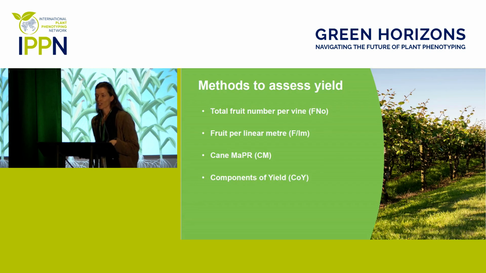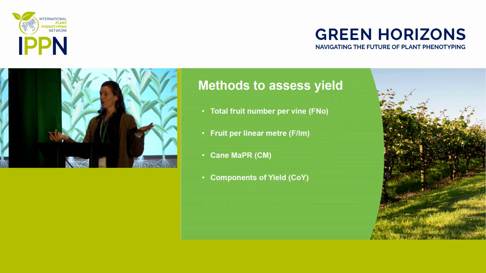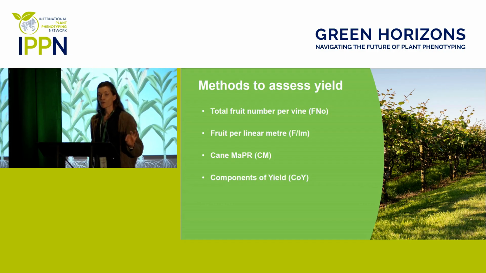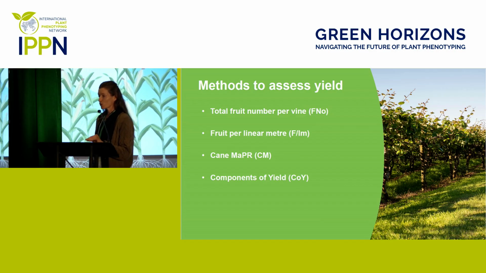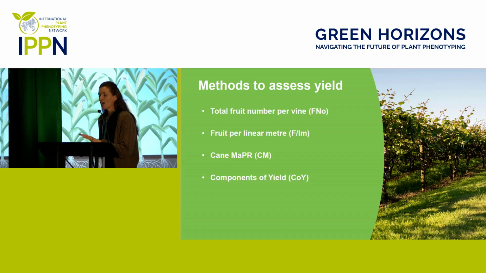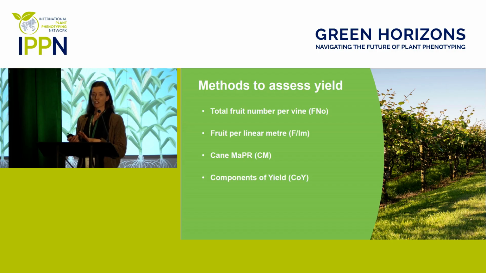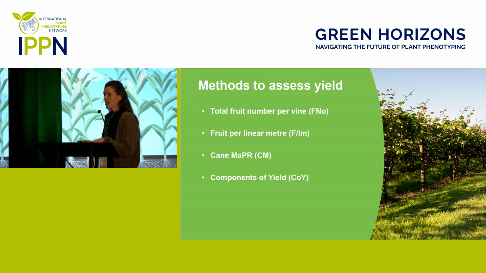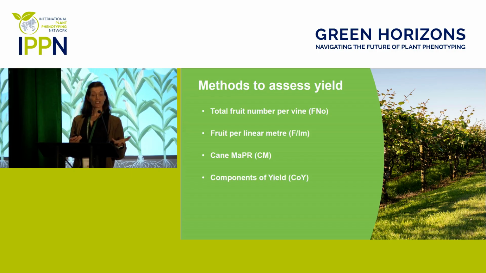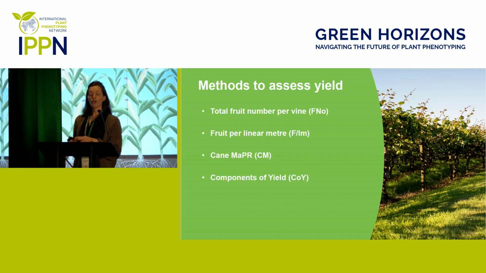The four different methods we're going to talk about start with the total number per vine, which is just the fruit count per vine irrespective of its size. Then the second one calculates fruit per linear meter by measuring only the canes that have fruit on them. The third method is a system we call cane mapper, which gives us an allocation of where the shoots are located, whether they're floral or vegetative, and how many inflorescence groups per shoot. And the last one is the components of yield, which gives us everything that cane mapper does,